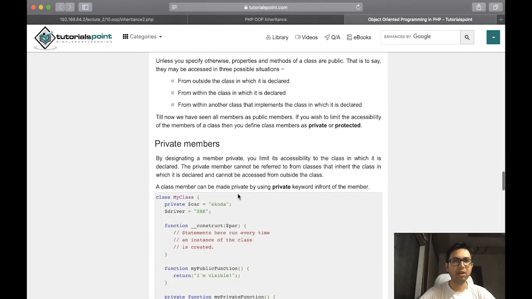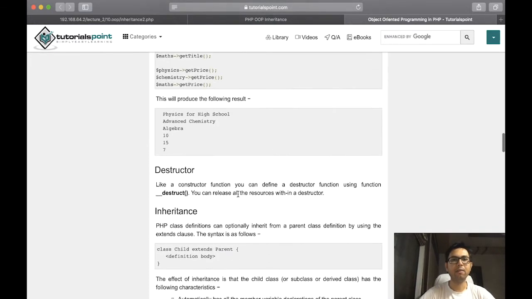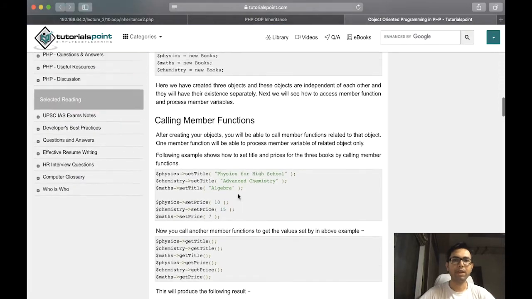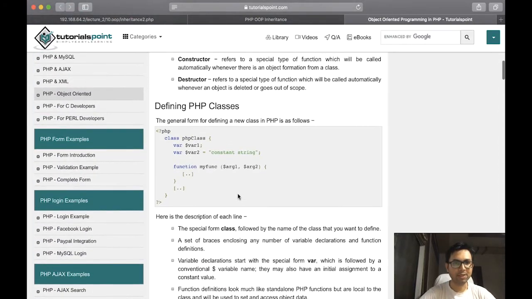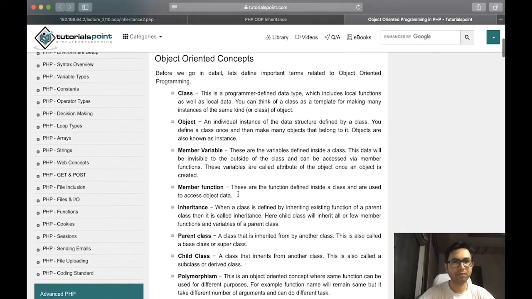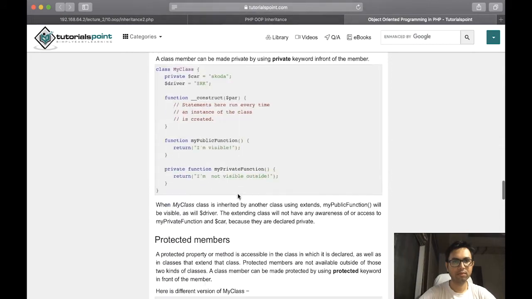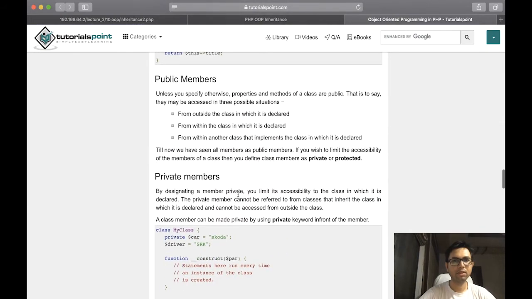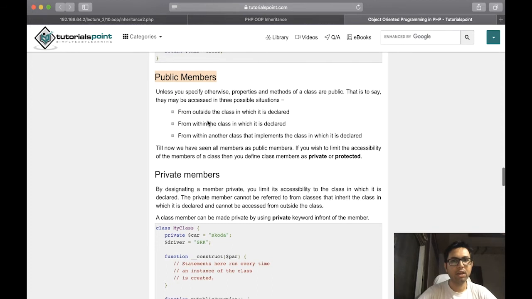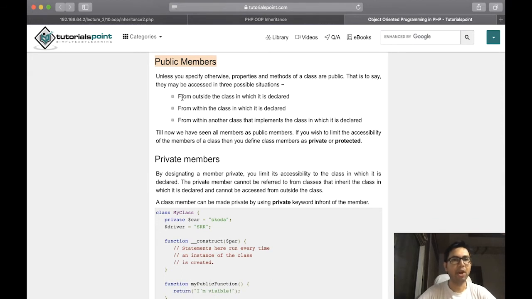But of course, whatever access specifier you are using defines which kind of variable as well as method you can access in multiple and multi-level inheritance. Let me show you the access specifiers. We discussed them earlier, but for revision: public members can be accessed everywhere, from outside the class, from within the class, and from another class which implements its class declaration.